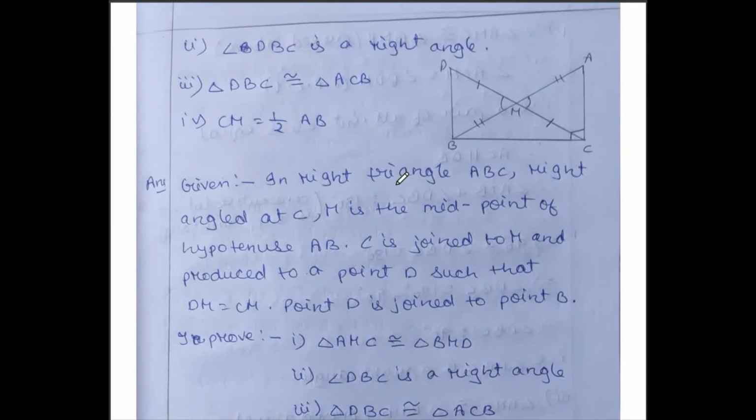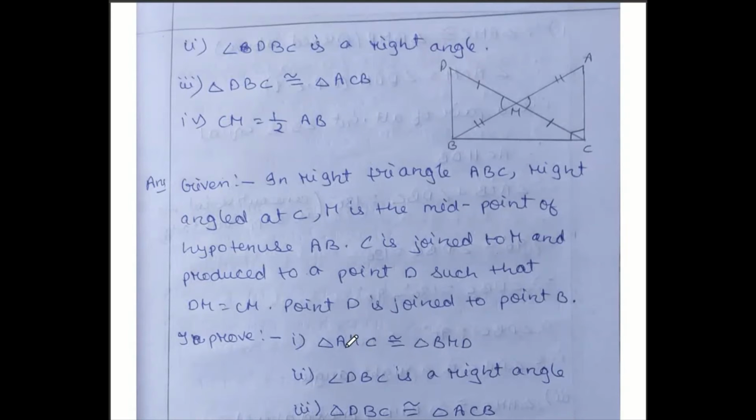So, given material you have to write, diagram also you have to write. You have to draw the diagram, but since place is not sufficient, that's why I have drawn the diagram a little up. So given material, let us write: in right triangle ABC, right angle at C. All are given materials. M is the midpoint for AB, so these two parts are equal. C is going to join with M and extended up to D such that DM and CM both are also equal, and D point connected to B point. Then I have to prove all these 4 questions one by one.